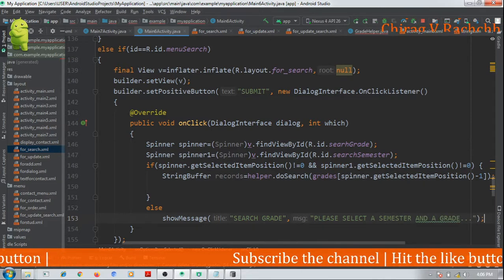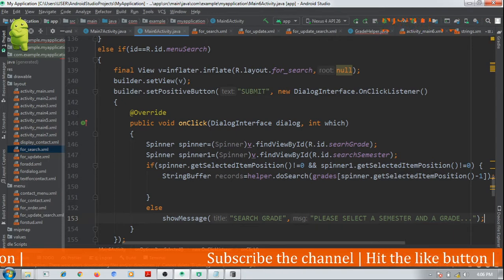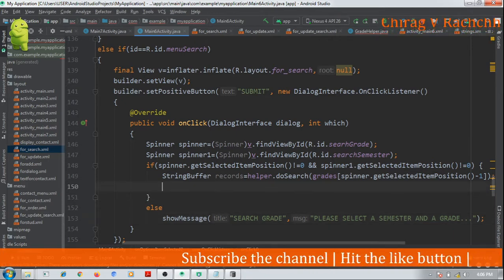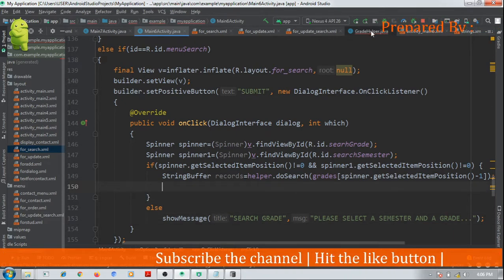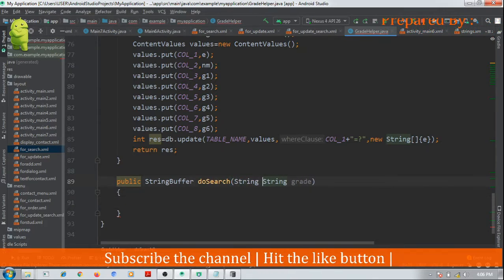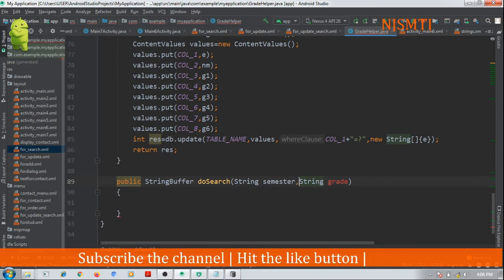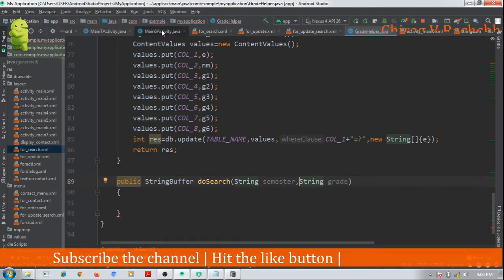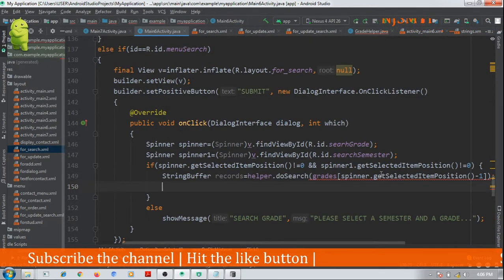Now our search method of the grade helper should have both things, string semester and string grade. So from here we will pass both.